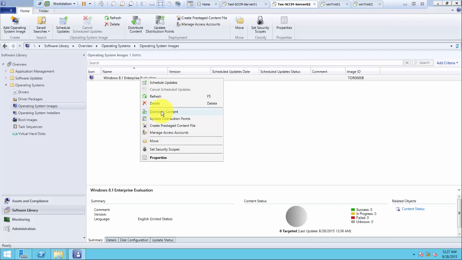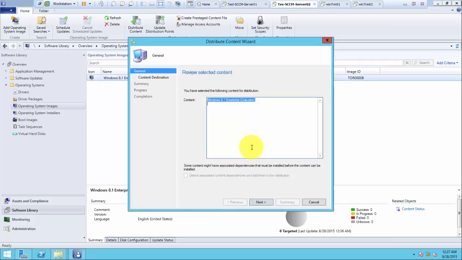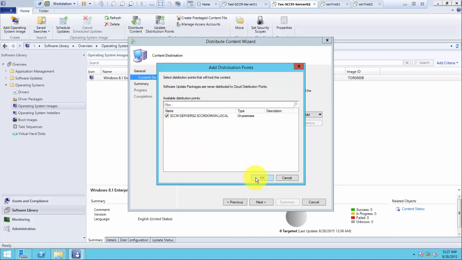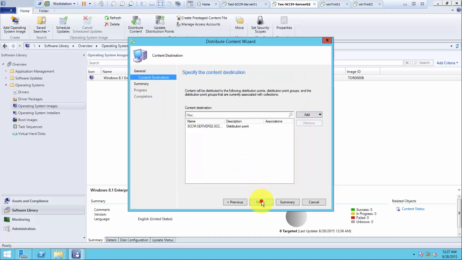If it was already green, I would have gone to Update Distribution Point, but it first has to be initially distributed to the distribution point. So click this, next, click Add, Distribution Point, select the server that has the distribution point role installed. That's okay. Next,